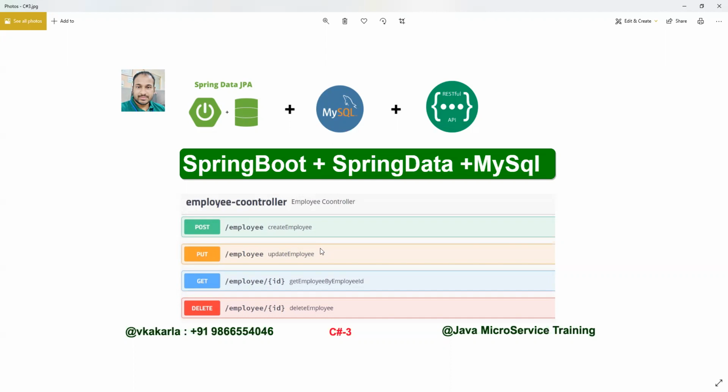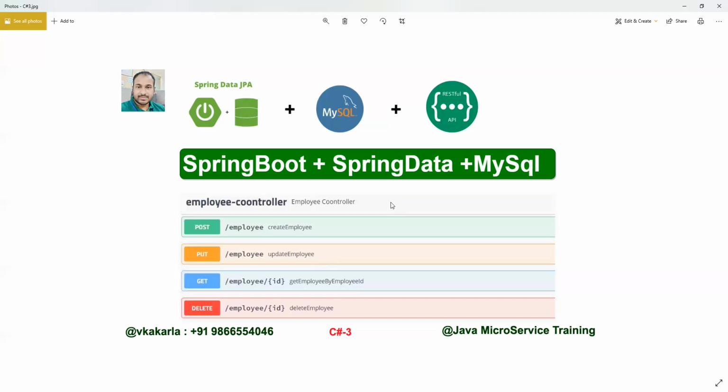In that case, I will provide this project to you, and I will upload this video to our YouTube channel. You can watch this video, and please download the project and install the MySQL database locally and do the same thing as practice in debug mode, so that you navigate each and every line and understand how we are writing the code in the service layer, controller layer, and repository layer.